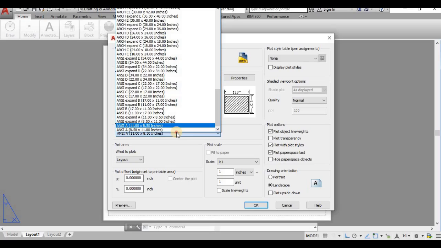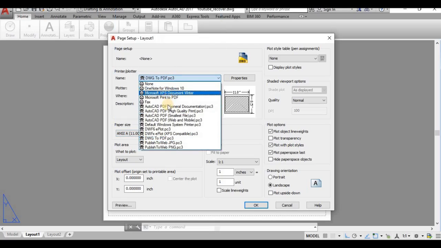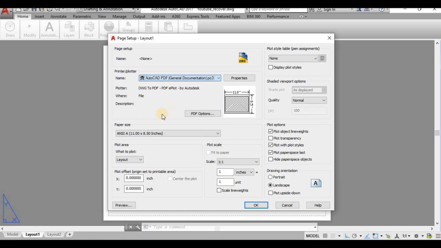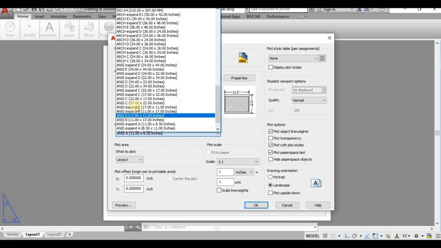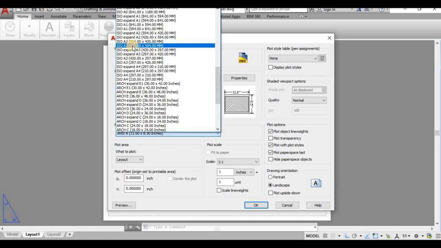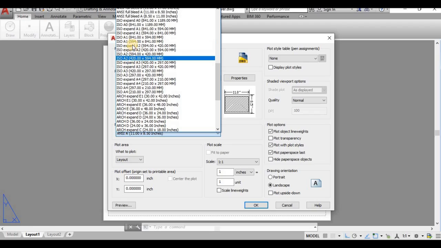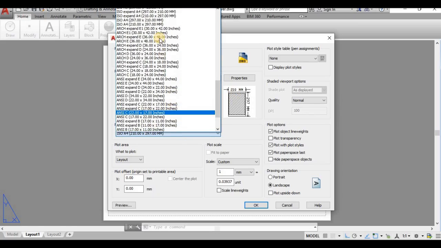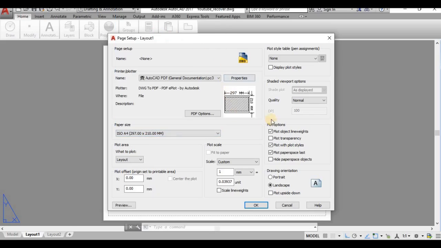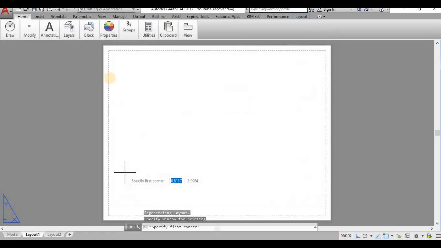It will be in inches, or you can choose the AutoCAD general format. You can choose ISO A4, A3, A4 here. The size is in portrait form, so I shall change this to landscape.